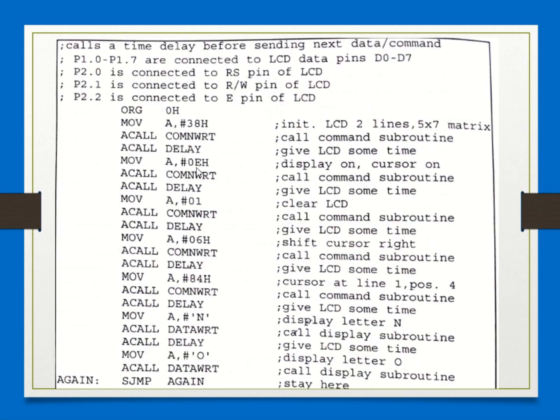Then the same thing happens here. For different commands, you can use this. You have to use the same procedure for how the command will be accepted by the LCD. Here examples are shown where different commands are given to it. It's not that you have to use all of them every time. Based on the application, whatever command you require, you can use it here.